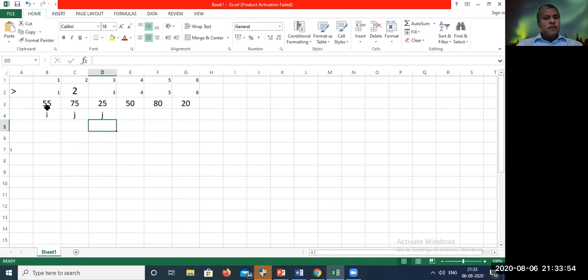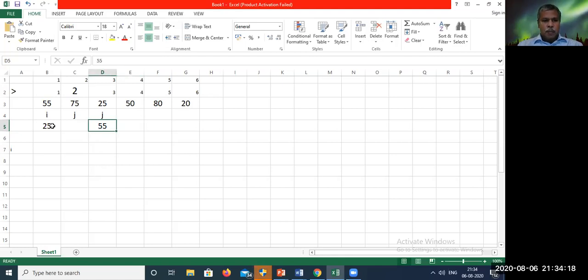Now 25 and 55 are checked. The condition is true. If the condition is true, I have to swap the elements. 25 will move to the ith position, then 55 will move to the jth position, that is the third place.